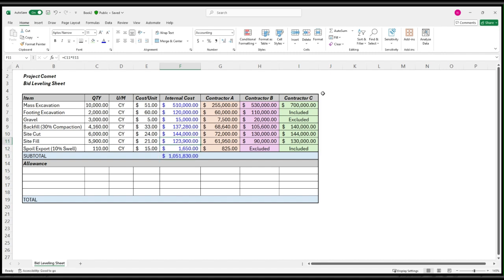You'll notice that internal costs has a different font than all these other columns, and so we're going to circumvent that. So Control Copy. We're going to highlight all these and press Alt H V O, which pastes formulas. And then down here at the total, we're going to go back and press equals subtotal 9, comma, and we're going to highlight everything. Enter, and then Control Copy, same thing, Alt H V O, and then we don't need to check all of them, but we do want to check at least one of these, just to make sure that